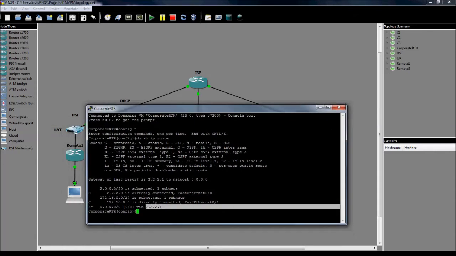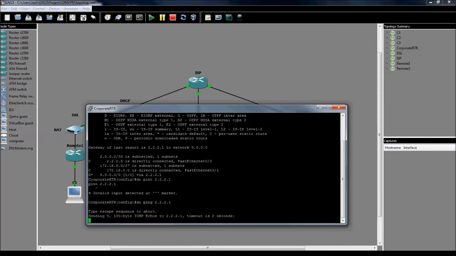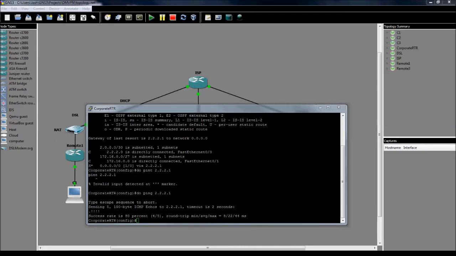And we're just sending it up to the ISP. So let's make sure we have connectivity. We'll do ping 2.2.2.1. That should work,